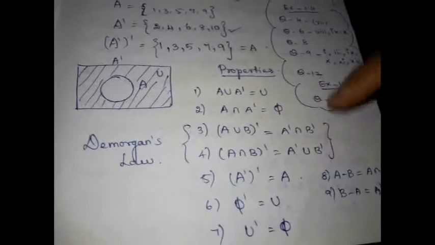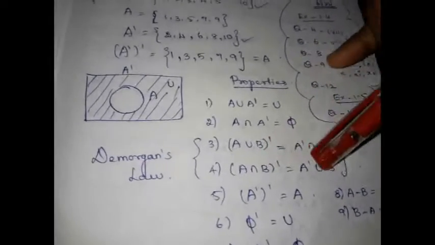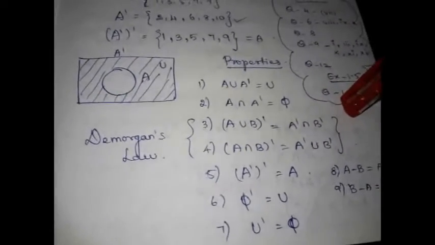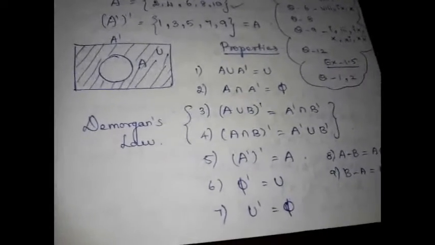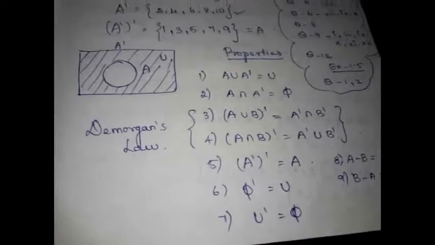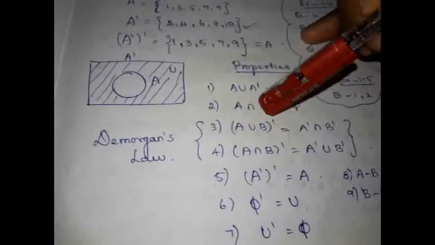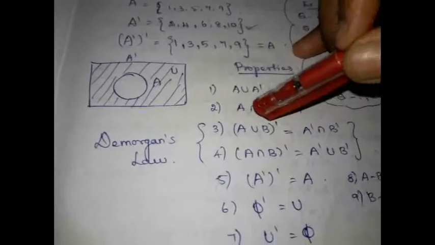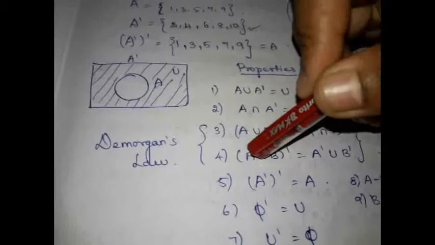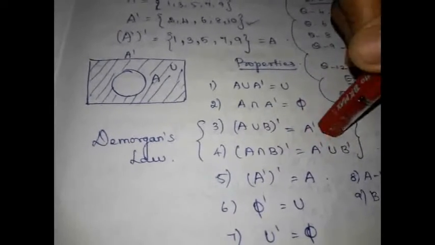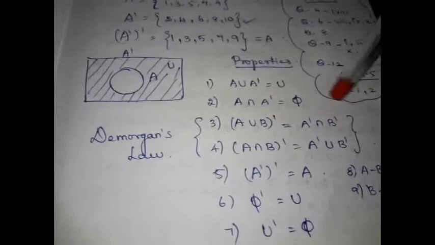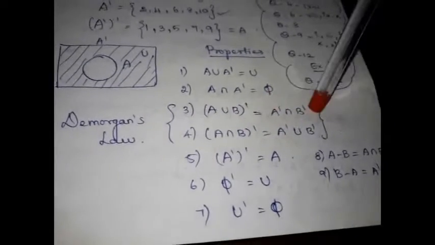And these two are again very important laws, De Morgan's laws. You may get a question like prove De Morgan's law using Venn diagram, or prove De Morgan's law for the given sets. Likewise, you can have your question. So you should state the law. You should know what is De Morgan's law. What is De Morgan's law? A union B the whole dash is equal to A dash intersection B dash. When it is union, when you remove the brackets, it will become intersection. When it is intersection, when you give it for the individual sets, it will become union. Right? So A union B the whole dash is A dash intersection B dash, and A intersection B the whole dash is A dash union B dash.